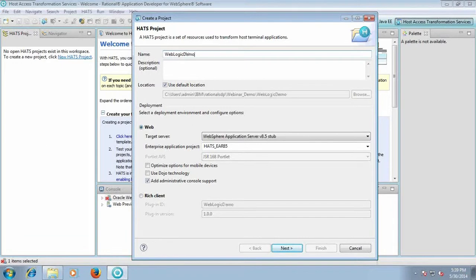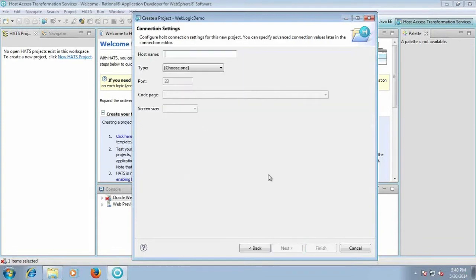Select the targeted server. My targeted server is Oracle WebLogic server. The enterprise application project will be the deployable EAR file. The EAR file name should be different from the project name, so I append EAR and click next.